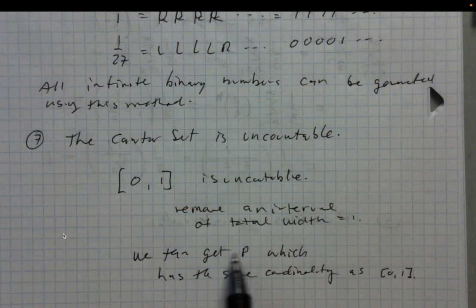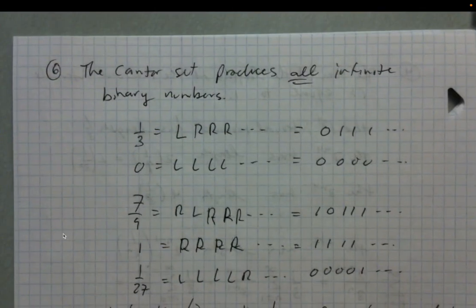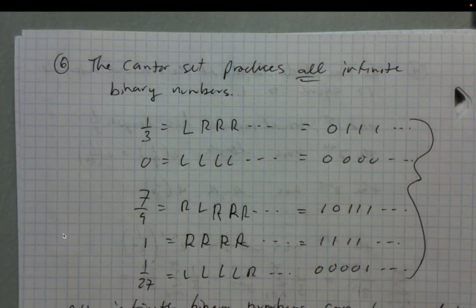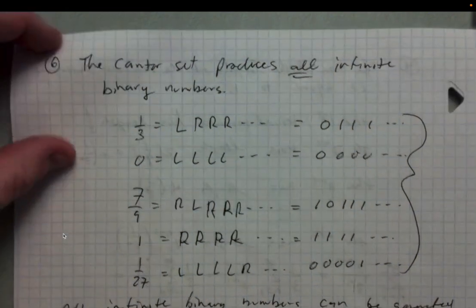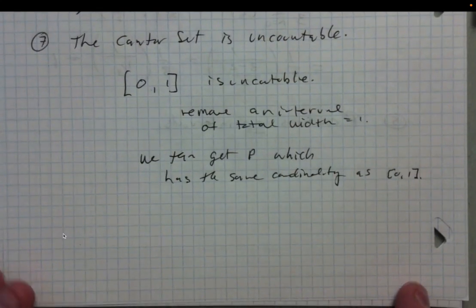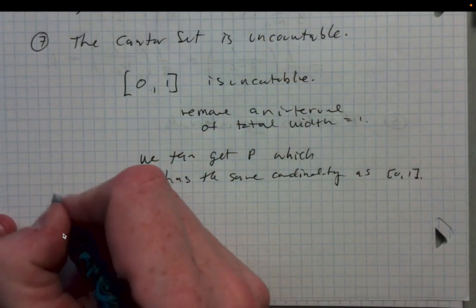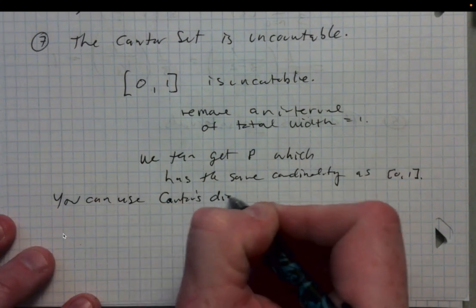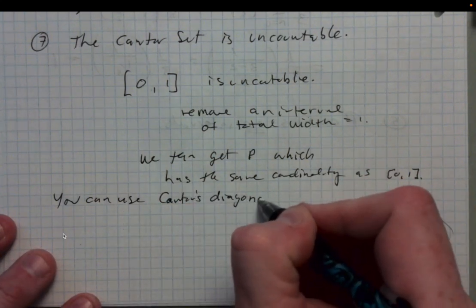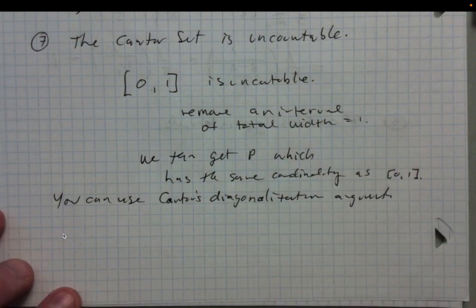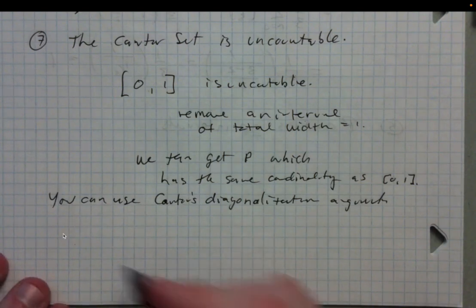Now, how do we know that P is uncountable? Well, basically, you just look back up here and say, wait a second, I know that the set of all infinite binary digits is uncountable. And we might have talked about this already. If we didn't, it's very simple to prove this. You can use Cantor's diagonalization argument. I won't do that rigorously here, but just to give you an idea: